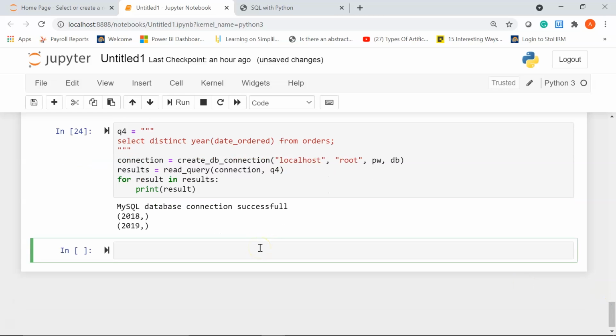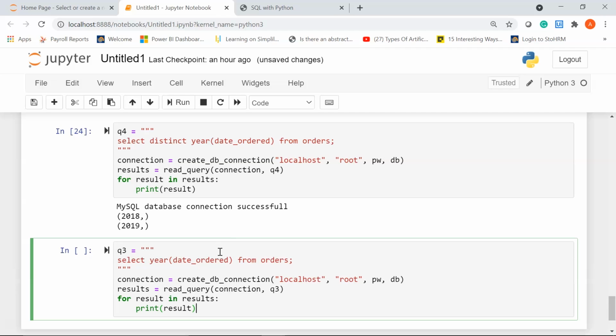Okay, now moving ahead, let's write our fifth query, and this time we are going to explore how you can use the where clause. So I'll change this to q5 before I write my query. Let's say you want to display all the orders that were ordered before 31st of December 2018. To filter this, we are going to use the where clause.